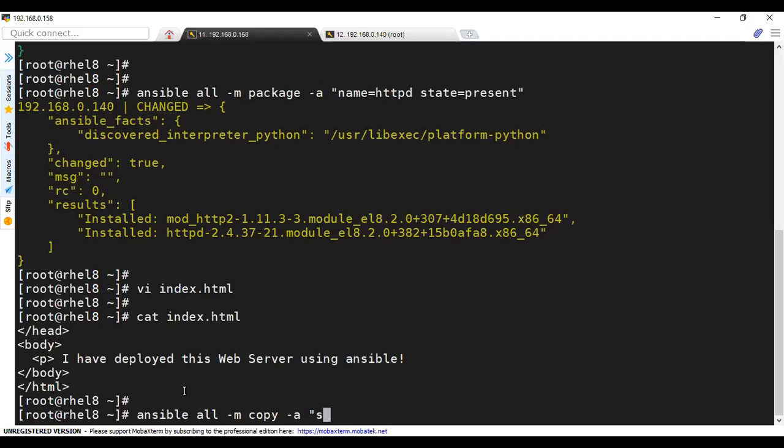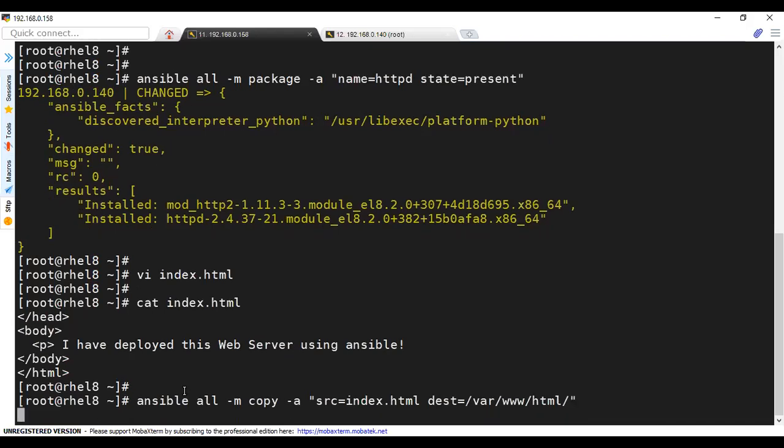So src, my input file, which is index.html, and the destination I want this to be transferred to is /var/www/html. Okay, now let's enter.